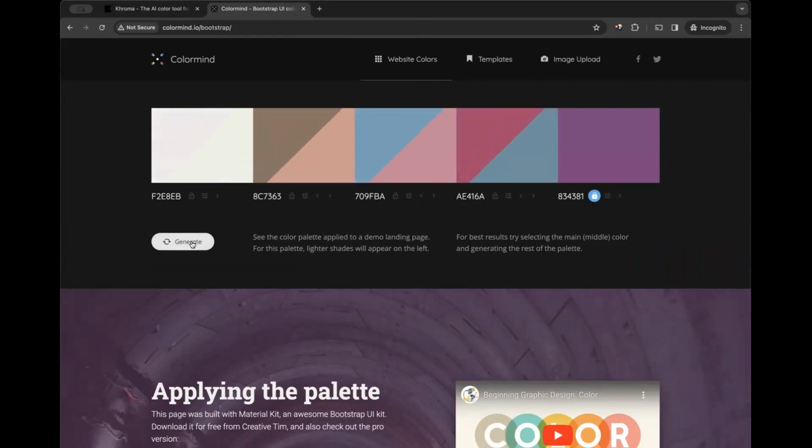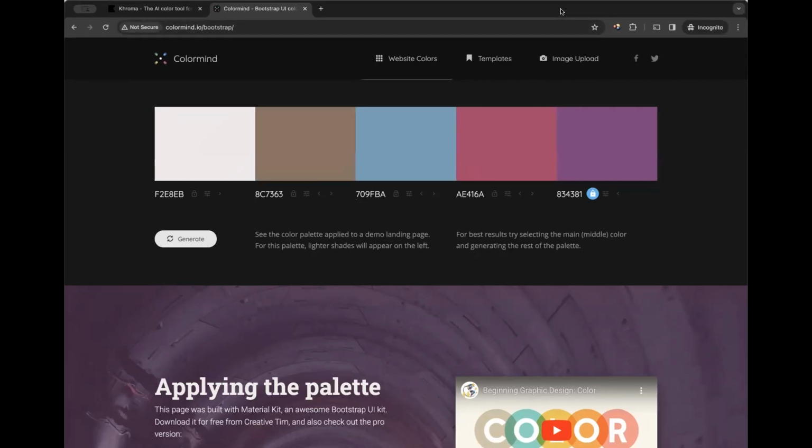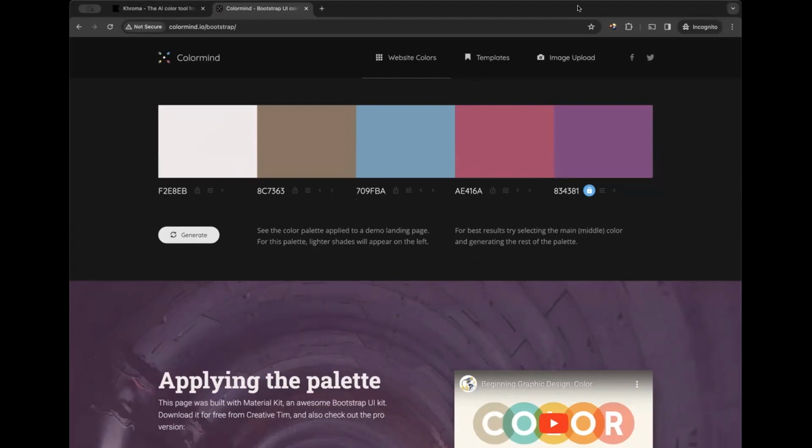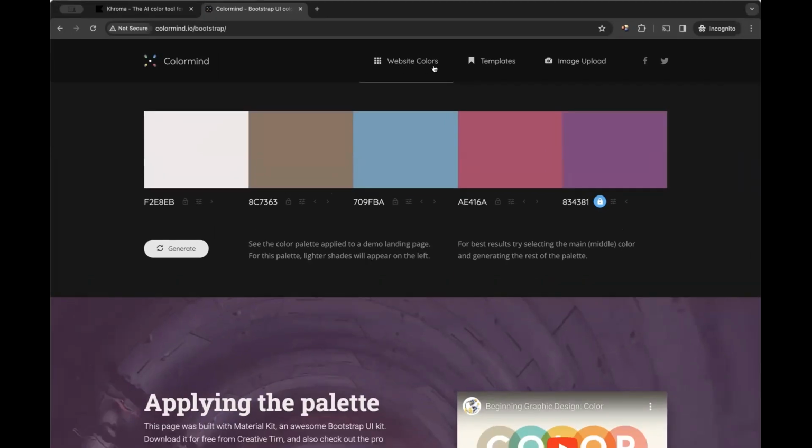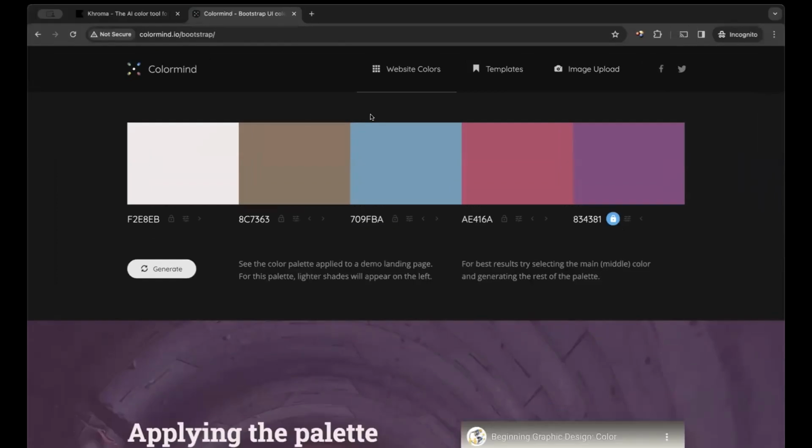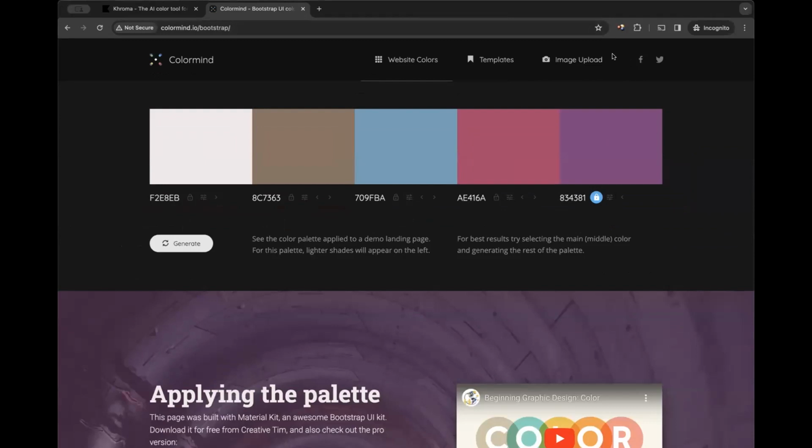Okay, so which one is this on ColorMind also? Yes, this is ColorMind. Yes. On my own, I did not see that padlock. So you have to go back to website colors. Go back to your tab. Website colors, your navigation menu. Go to website colors. I don't understand. Okay, so this is how your ColorMind looks. Your navigation, where you have the logo of ColorMind up here. Okay. Good. All right. Okay. Yeah. Good. All right.